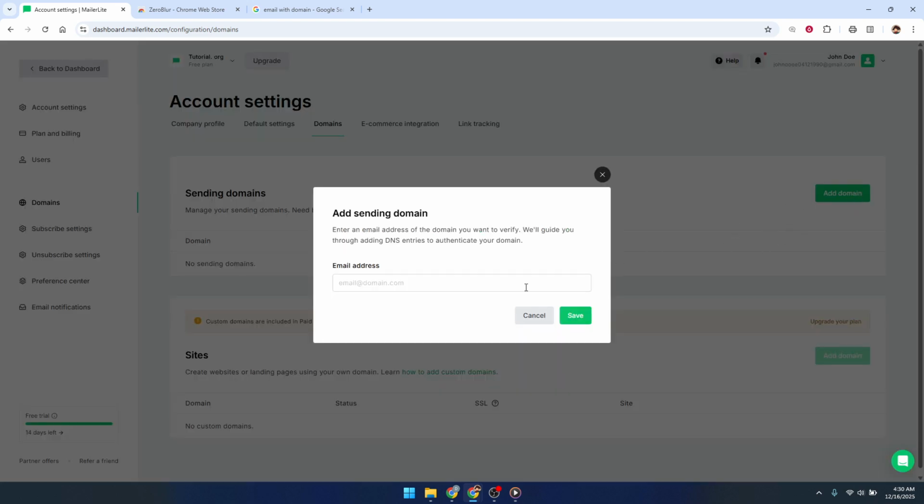A small window will appear asking for an email address at the domain you want to connect. For example, it might be something like info@yourdomain.com or hello@yourdomain.com. Type in your professional email address there. Using a branded email rather than something like a free generic inbox helps your messages look more trustworthy and improves